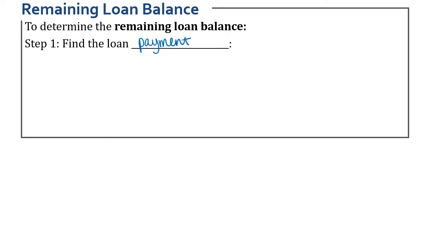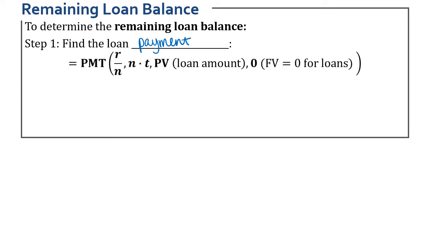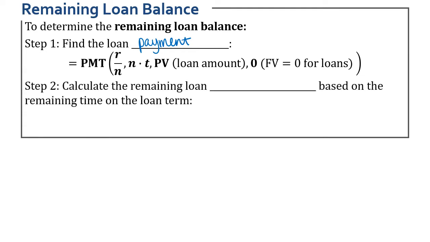So remember that to do that, we use that payment formula: equals PMT, parentheses, R over N, comma, N times T, comma, PV, which is the loan amount, comma, 0 for FV because we want it at the end to be $0. Step 2 is to calculate the remaining loan balance